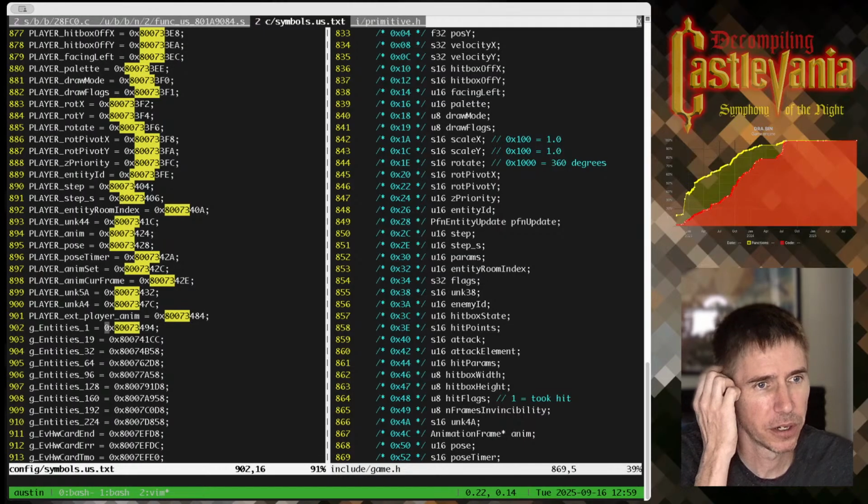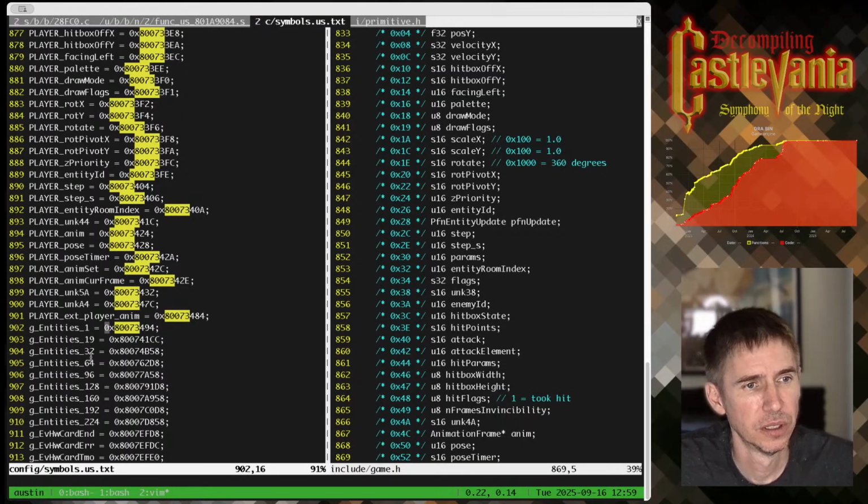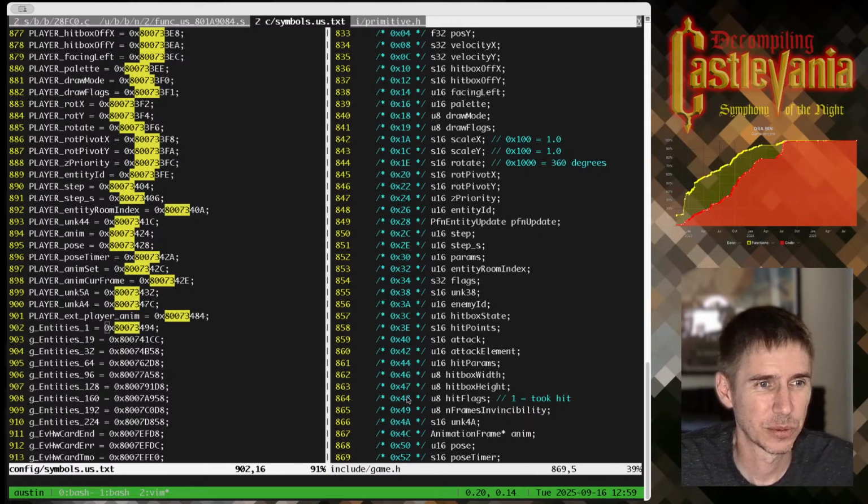Yeah, so it is part of player. No, it's not. It's part of G entities 1. Weird. I'm not sure what the first entity is, or I guess it's the second entity. The one at index 1.